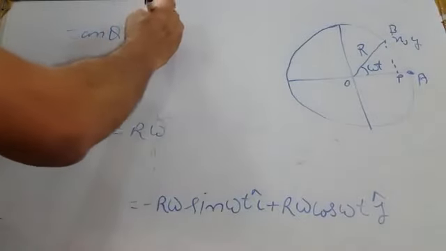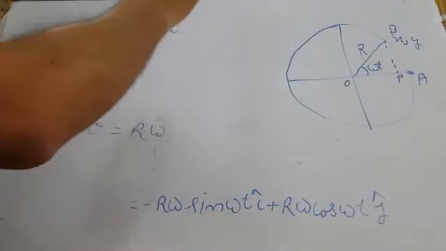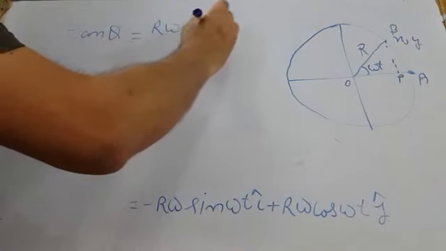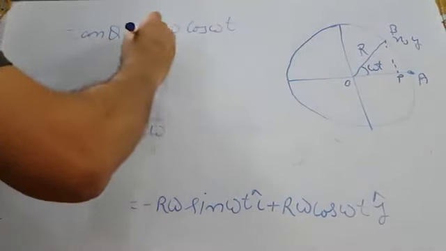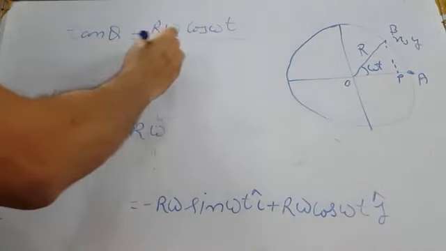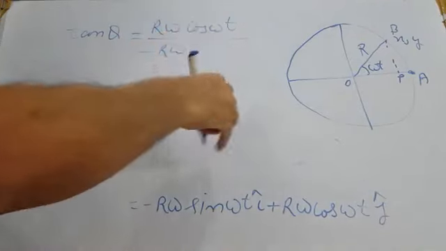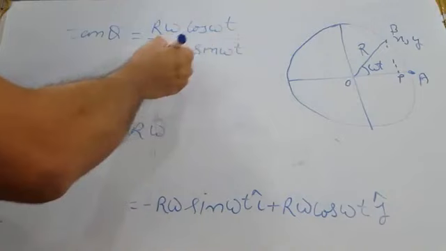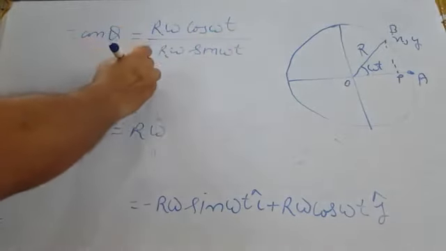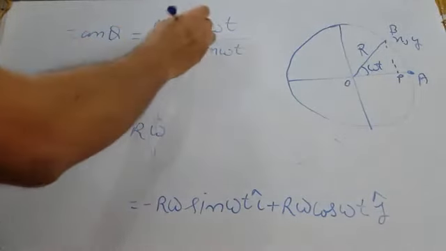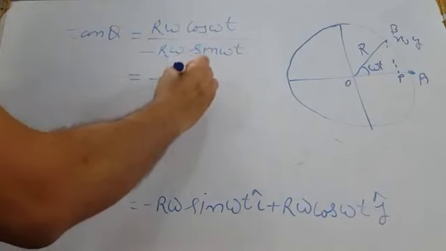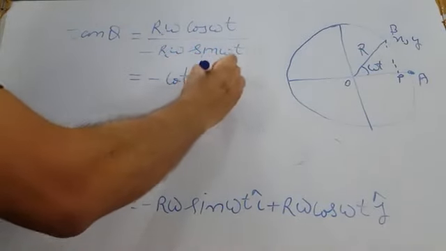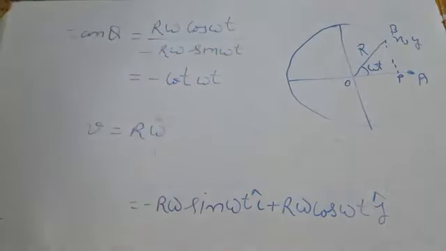Y coordinate is r omega cos omega t upon x coordinate, minus r omega sin omega t. This r omega will be cancelled. It will be minus cos by sin, that is cot. So it will be minus cot omega t,